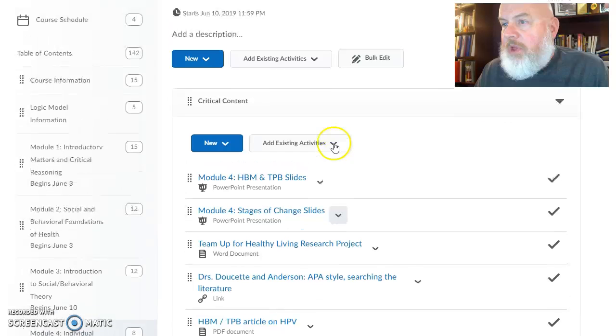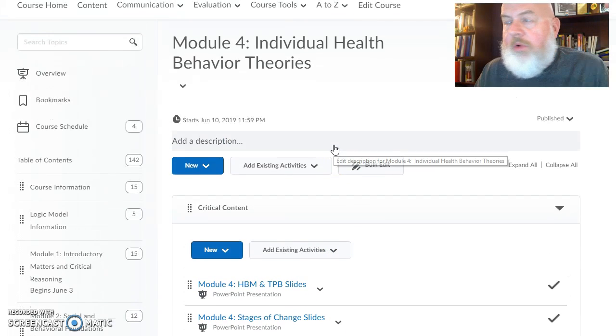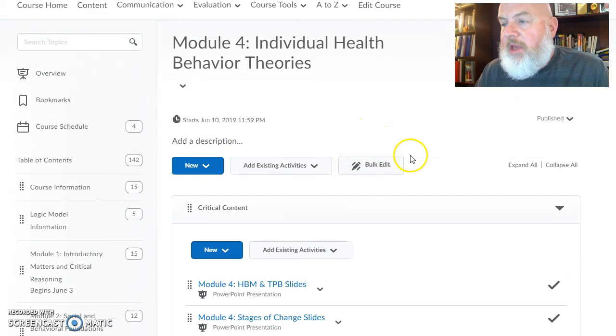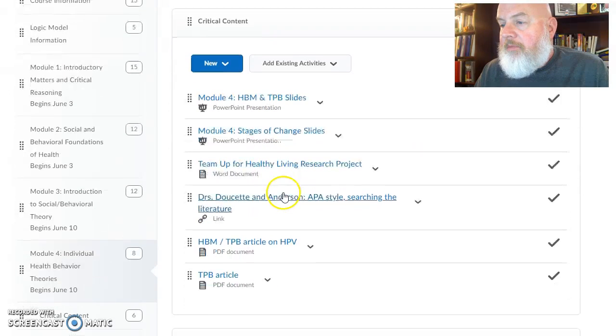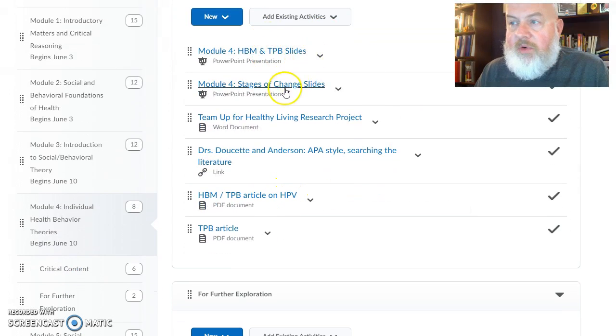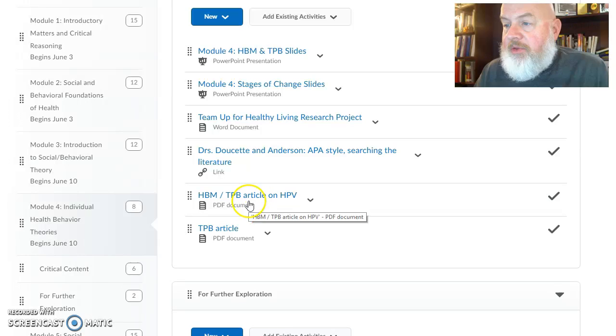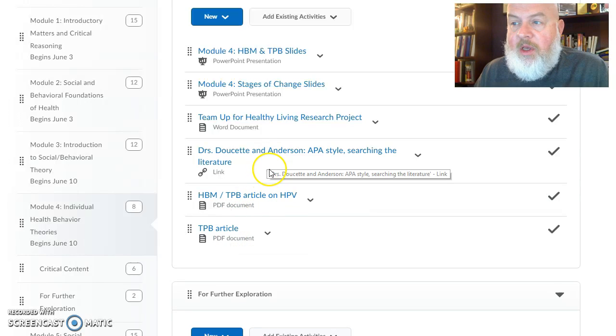Module number 4, where you're looking at individual health behavior theories. There's a lot of information in here. Of course, you've got some slides to take a look at that go along with your reading. There are some other things that you can look at here with some articles, and we would like you to